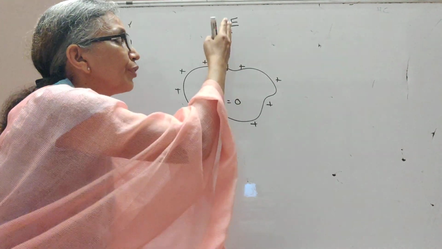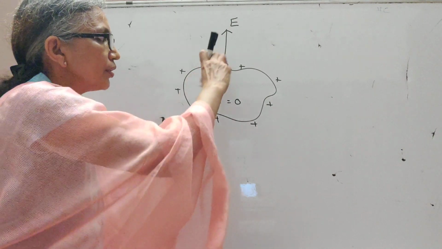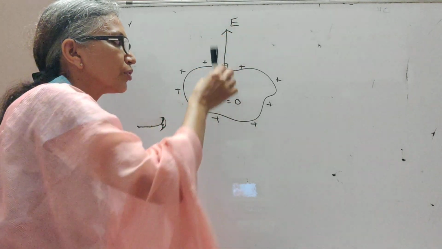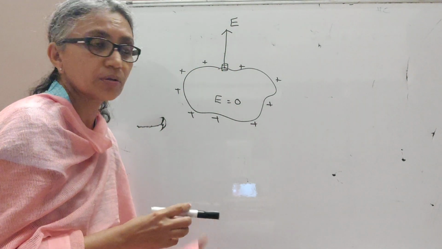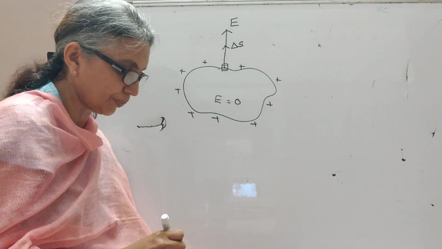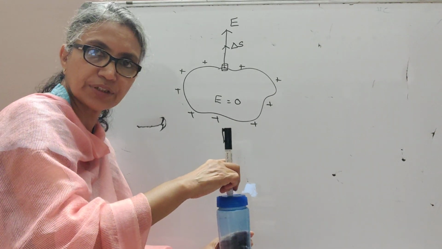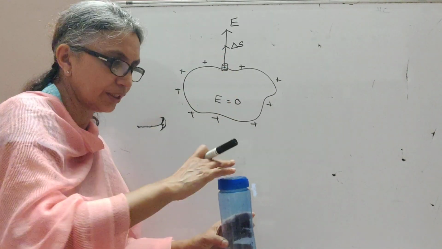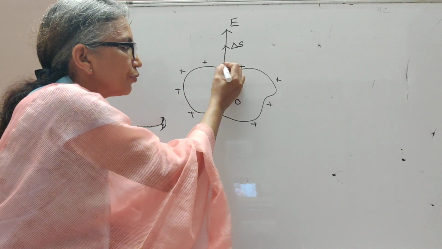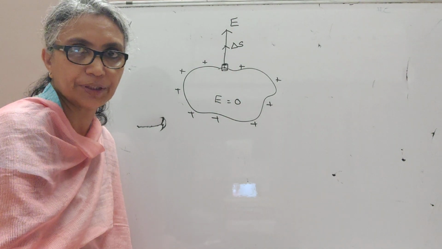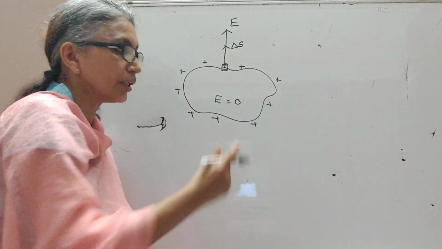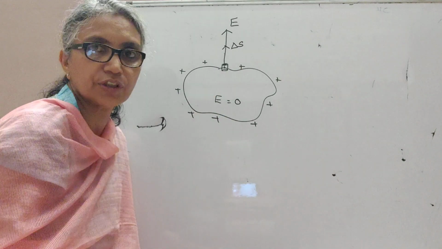We need a closed surface to find out the electric field. Now on this pill box surface, we have the electric field normal to that whole surface. We also have the delta S also directed normal to the surface. For example, for any cylinder, on the top surface the electric field is vertically up, meaning perpendicular to that top surface. So perpendicular to the top surface of that pill box, I have drawn the area vector perpendicular. So E and delta S are in the same direction. We don't have to draw the electric field inside the conductor, because inside the conductor we know electric field is